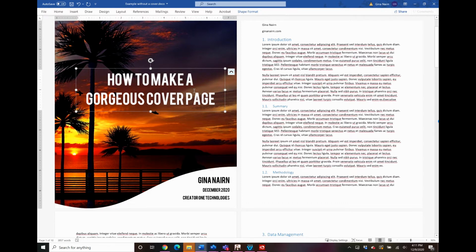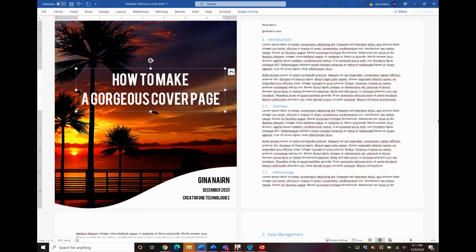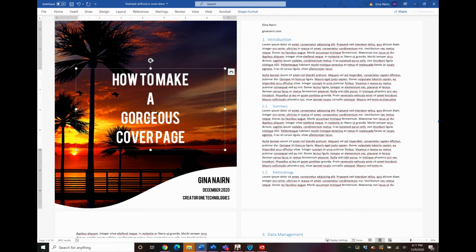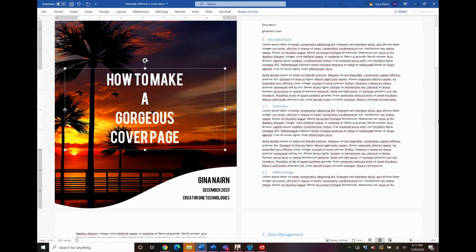So let's put our cursor before the word A, and I'm going to tap Shift and Enter on my keyboard, and then I'm going to move my cursor over and hit Shift and Enter again, and then Shift and Enter again, so that I have this nice title.